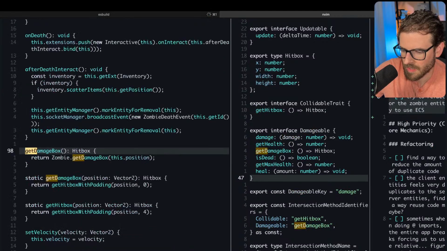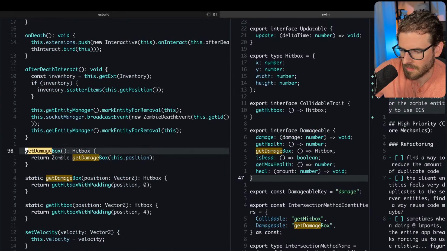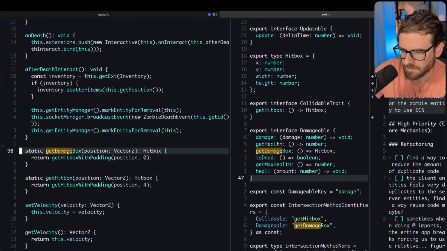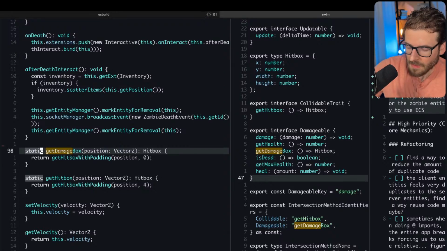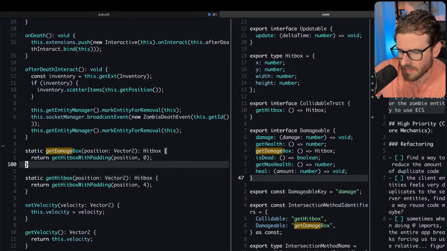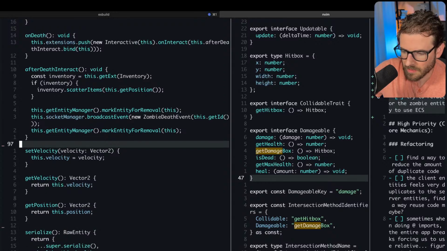Get damage box. There's a static here. That one's going to be kind of annoying to find. Get damage box, get health, damage. Honestly, I might just delete both of those.